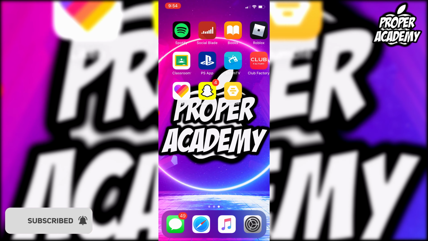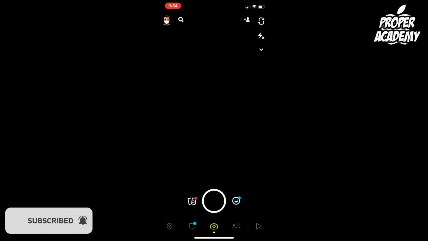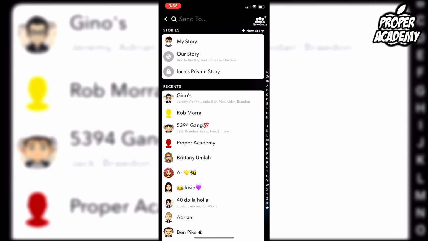So all you have to do is head over to your Snapchat application and open that up and just take a picture that you want to start off your story with. Then what you want to do is click on the send button, and then once you're on this screen here, you just have to click on the plus new story option just above where your stories are in the top